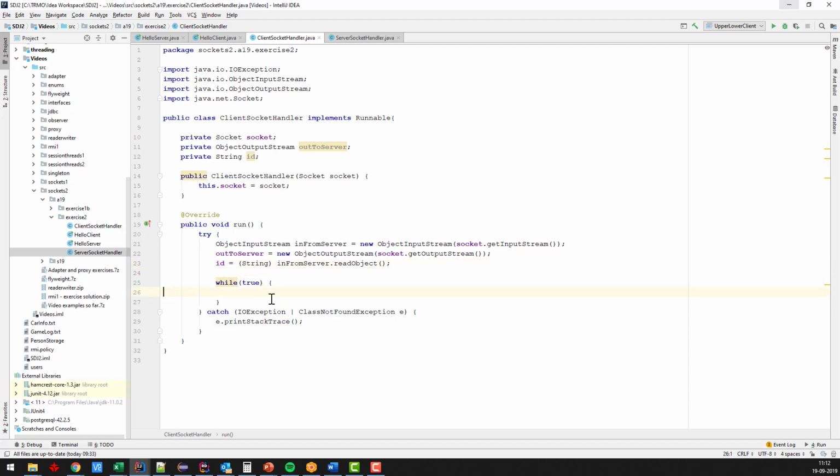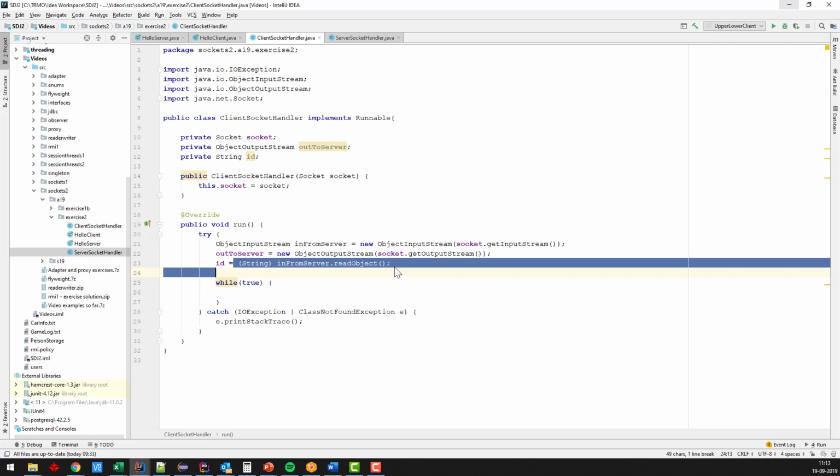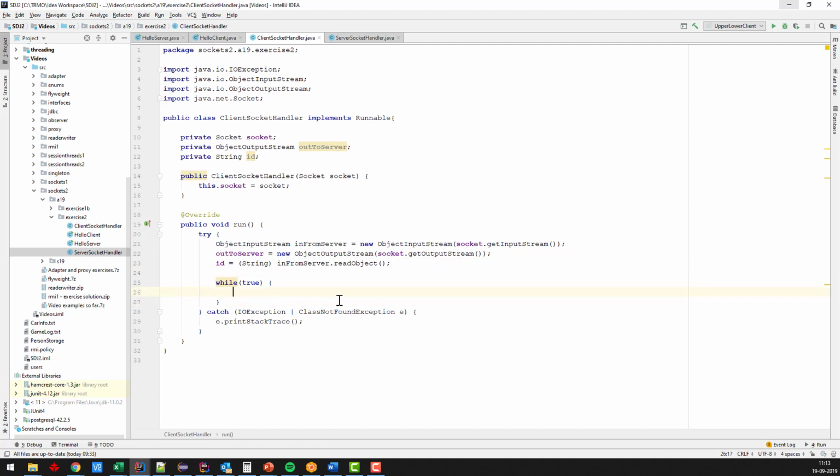Okay, so I've read my ID, and then the rest is just reading input here. So we basically do the same thing. We call this read from server. There we go. And in your semester project, your client is then supposed to figure out what to do with